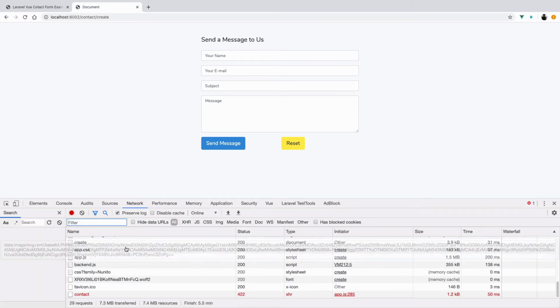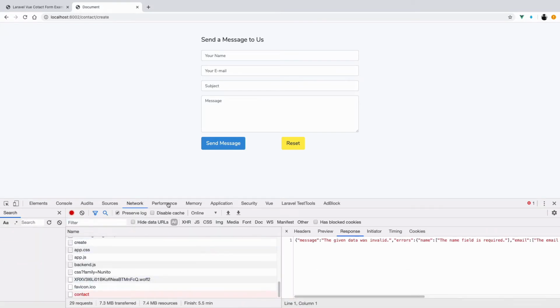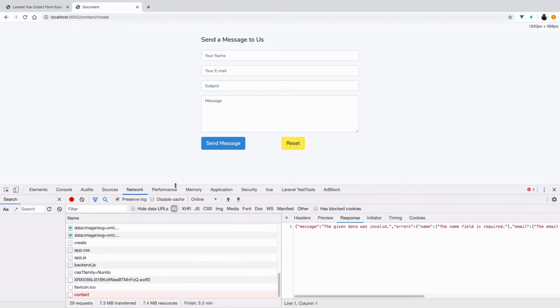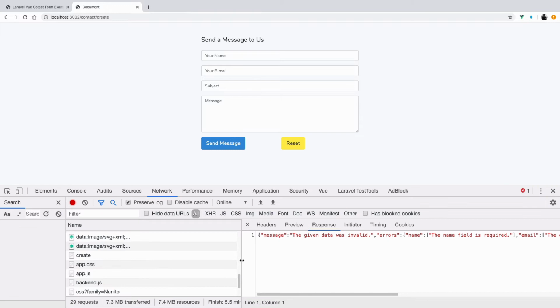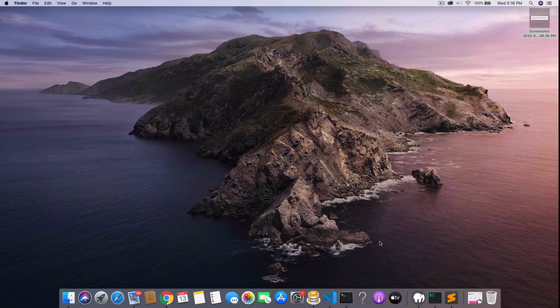So let's see in the network tab what we are doing. We are sending a blank request to the server, which means that it fails at the validation, and we get the message the given data was invalid, and along with that we get errors. Okay, so what needs to be done? Currently there is nothing happening on the front end. So what we will do is